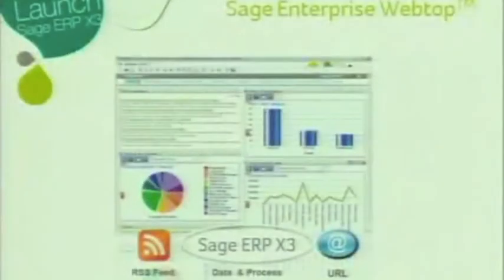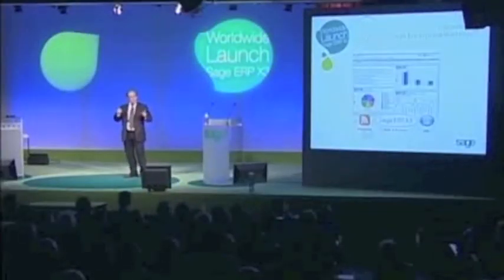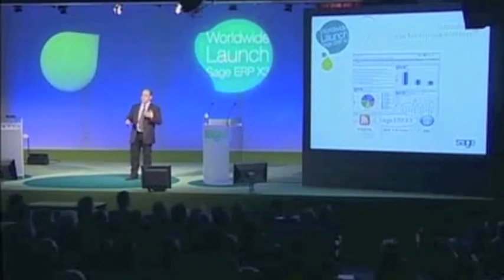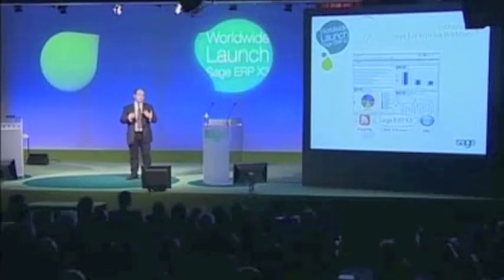But there's one last thing I'd like to share with you. One breakthrough innovation, I can use that word, innovative thing. I hope, and I'm sure, you've never seen this in any ERP solution in the world. What you see here is our existing web user portal. The thing you can personalize and you can add to your portal that you can access through any web browser